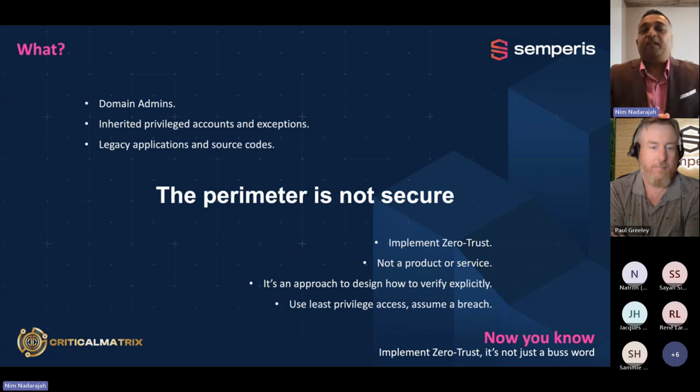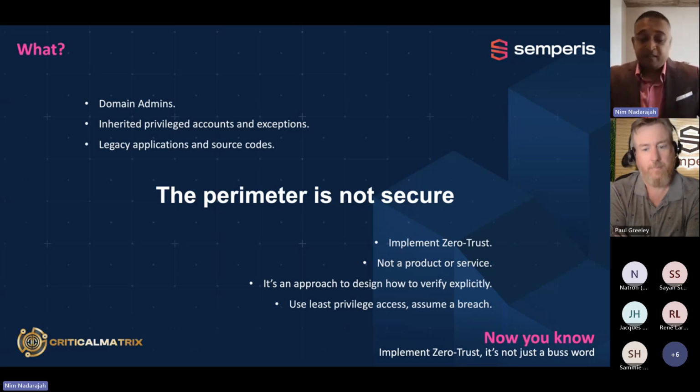So the perimeter is not secure. My personal experience, a high number of elevated privilege users that probably don't need it. My favorite is the exception within organizations that talk about APIs, interfaces, hard-coded legacy apps that say, hey, I gotta have it. It's the only way to do it. We have to hard-code it. That's how the tool works, or that's how the code works. This is really a sore point, especially with large enterprises like banks and airlines and other companies where the company is almost 100 years old, but they've got some major challenges here with credentials baked into systems and tools.